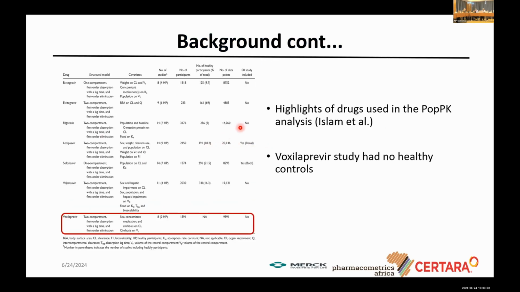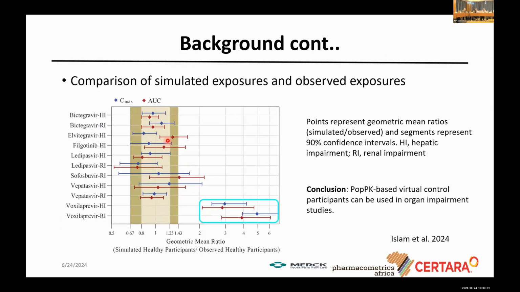The study was done by our Merck mentors, and they looked at 7 marketed drugs, which are highlighted here. They created a virtual control group from healthy participants in these 7 drugs, with the exception of one drug, which had no healthy groups. The main outcome of the study was the geometric mean ratio between the observed and simulated Cmax